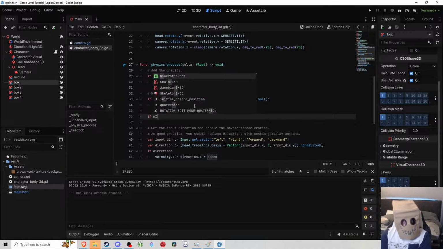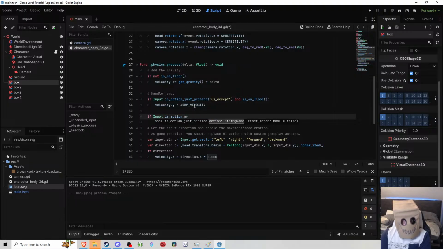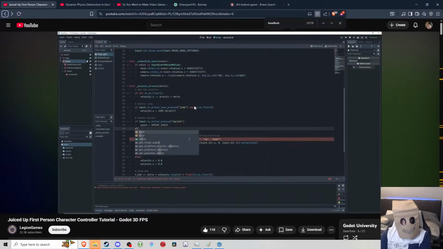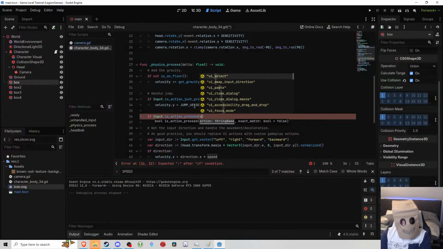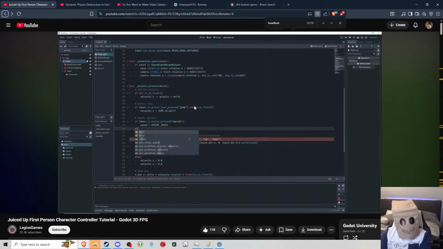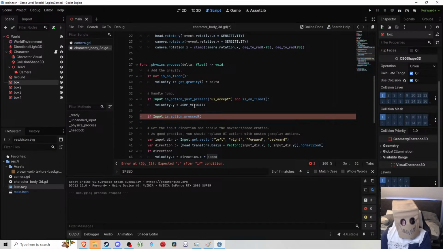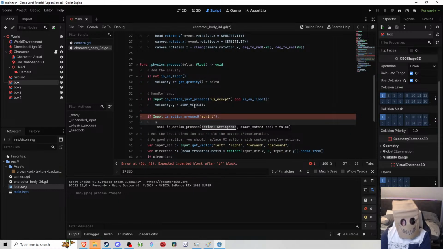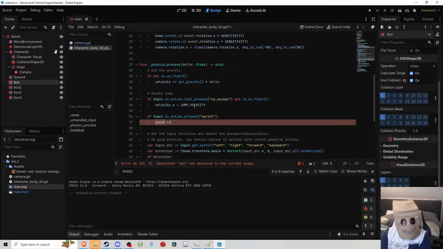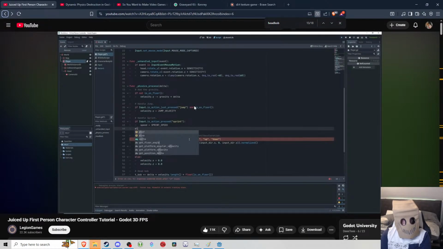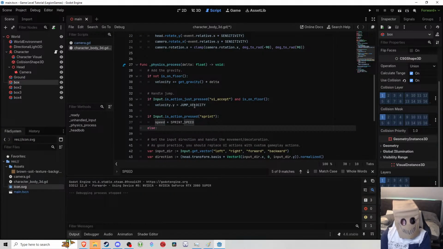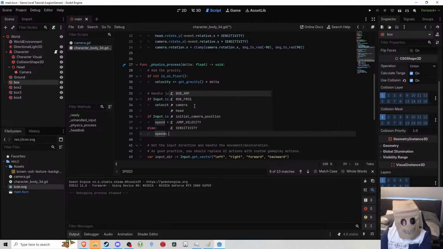If is action pressed, speed is equal to, else speed is equal to